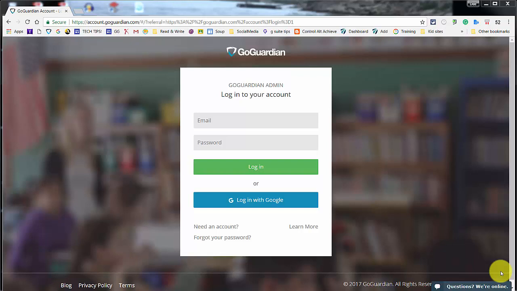This is a quick start guide that'll get you started using GoGuardian with your Chromebooks for your students. Lots of different features with it. We'll take a look at some of the major features. First of all, I am going to go to